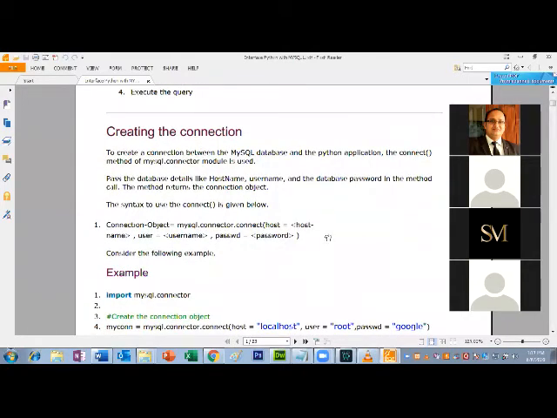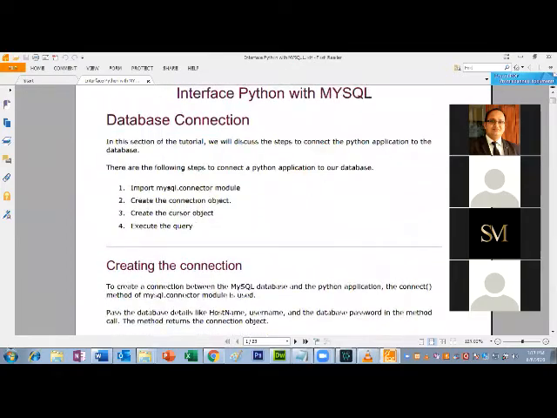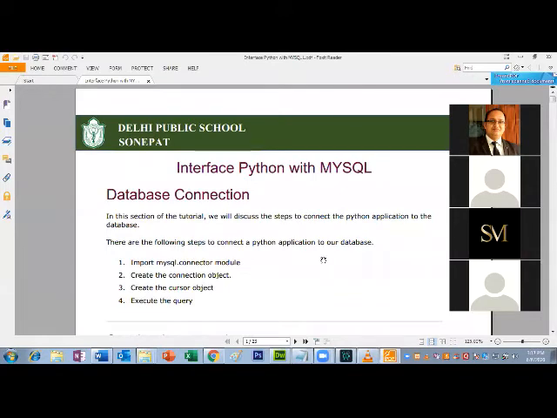But sir, okay, fine, you are saying we can do it, but how? See, ma'am, I'll be telling that also. Right now, if I'm opening this file, it is also recorded along with my voice. If I'm telling children, let us understand the interface of Python with MySQL, how to connect Python with MySQL, for that we have four simple processes.